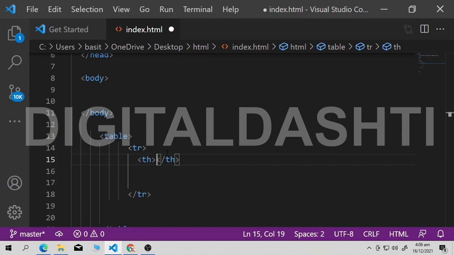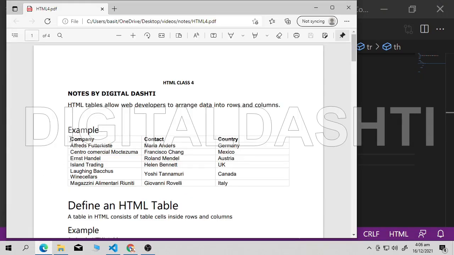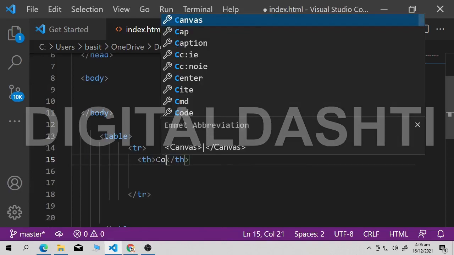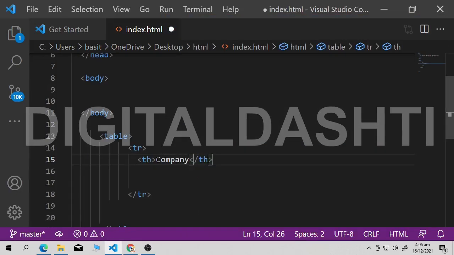In our notes, the first heading is company. So here I will write company. And for the second heading inside the first row, I copy this th and paste it.